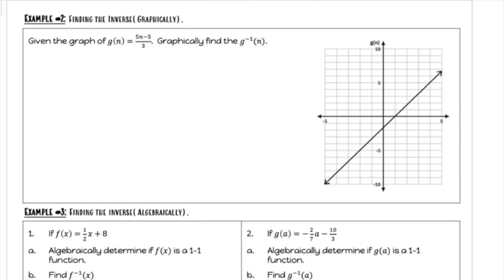Graphically find the inverse, g inverse of n. So first thing I have to determine is what am I looking at? I have a line, a linear function, in which it is a function and it is one-to-one. Doing the graphic test, I need to first start off